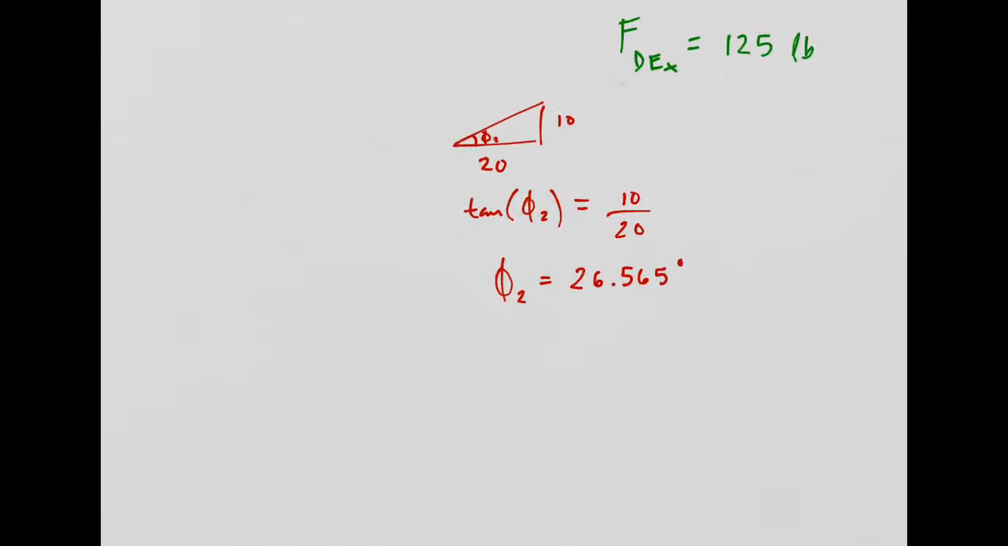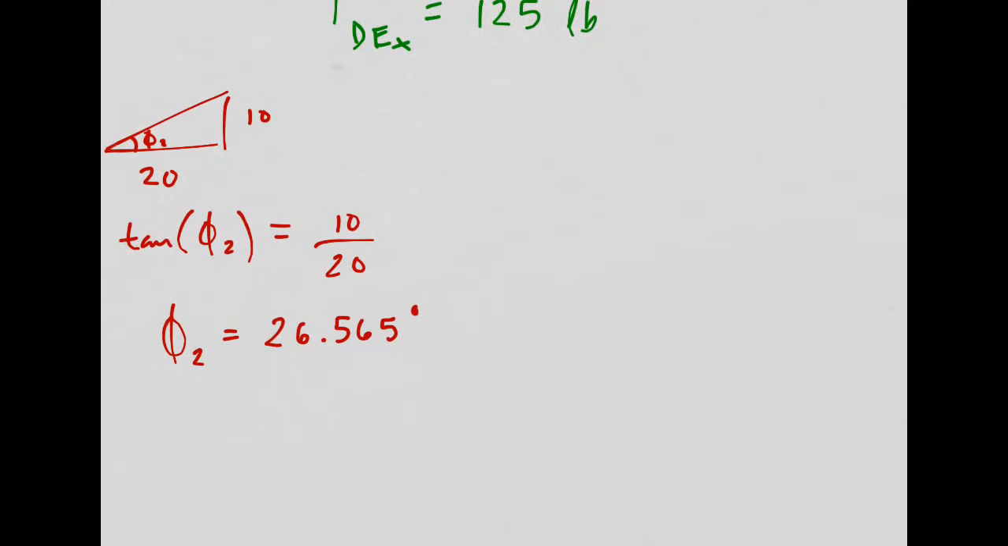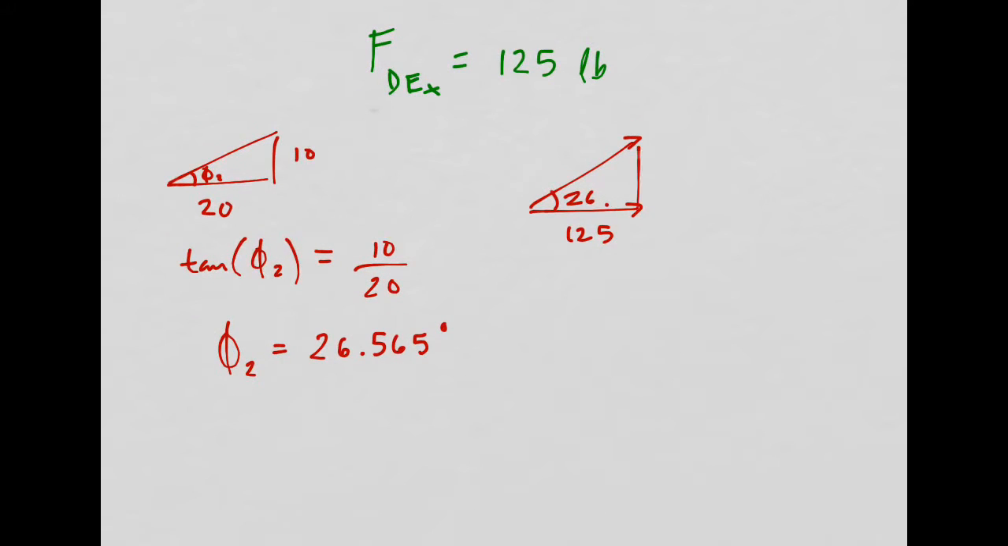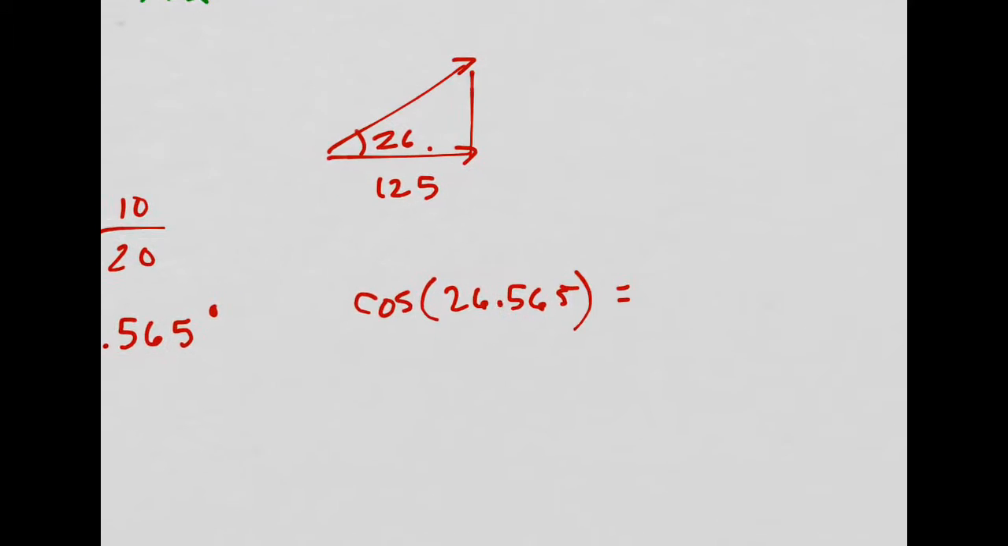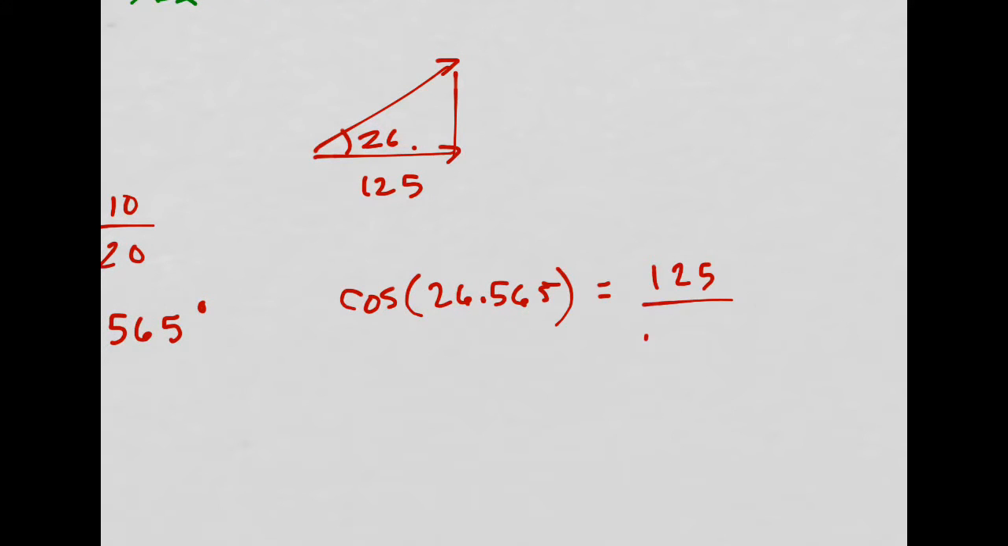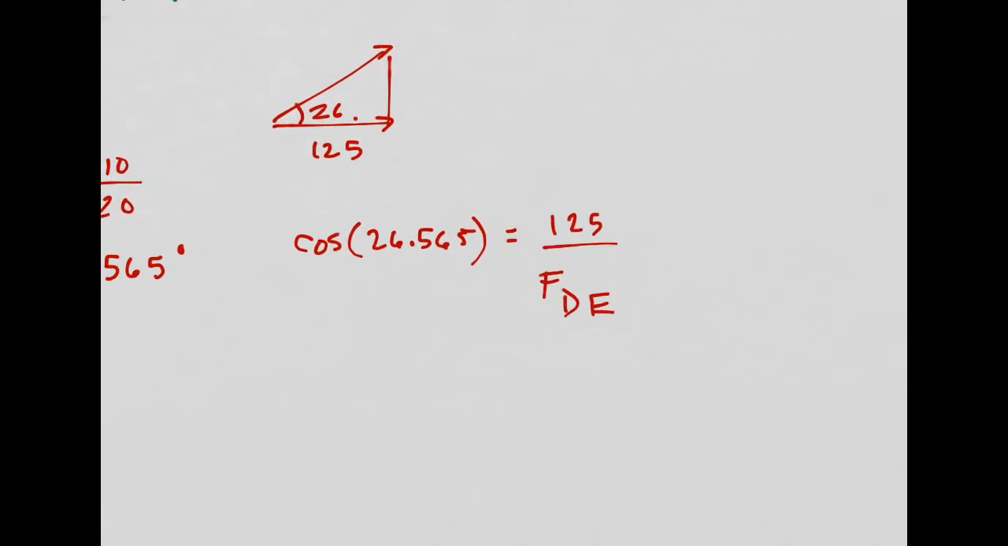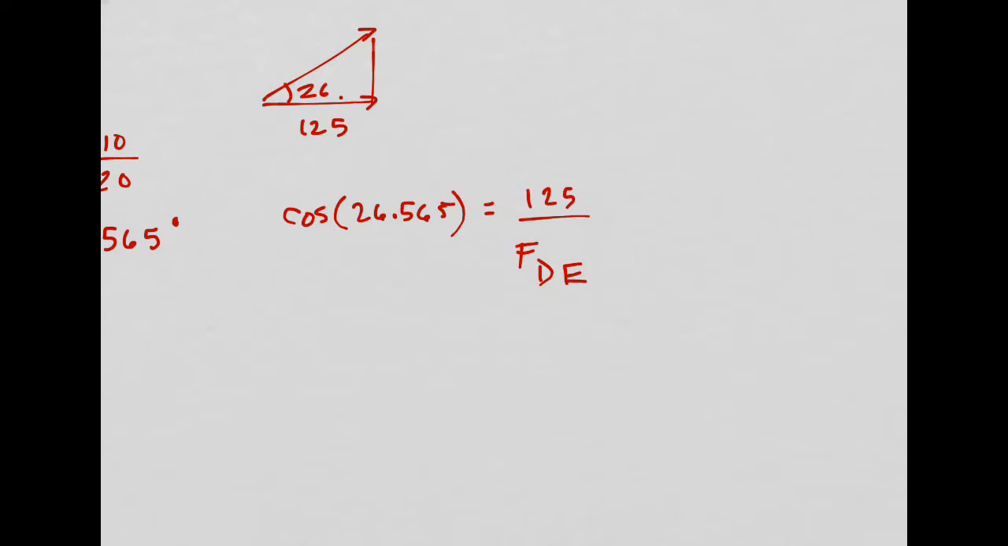26.565 degrees. And now, I already know that FDEX is 125. And I want to figure out that hypotenuse, and I have this angle as around 26 something. So if I want to use SOHCAHTOA again, that would be adjacent over the hypotenuse. So I would do cosine of 26.565. That has to equal 125 over FDE. We're almost done. So I'll switch those two, and FDE will equal